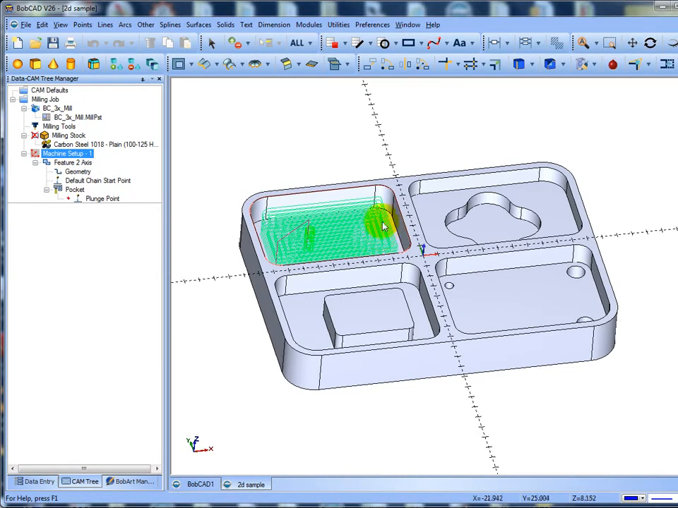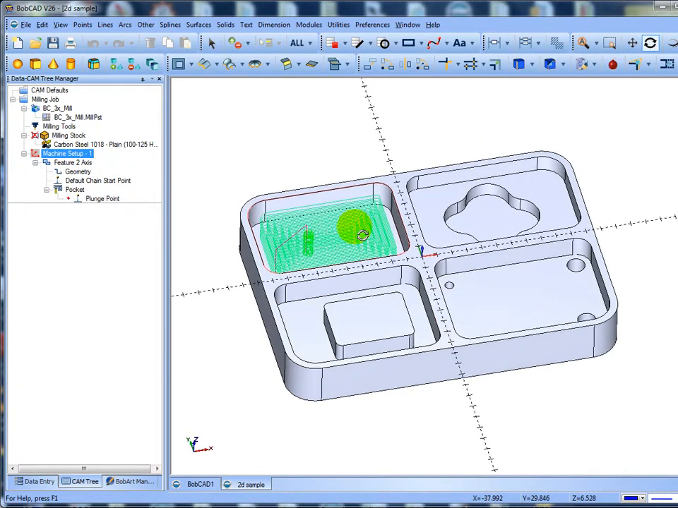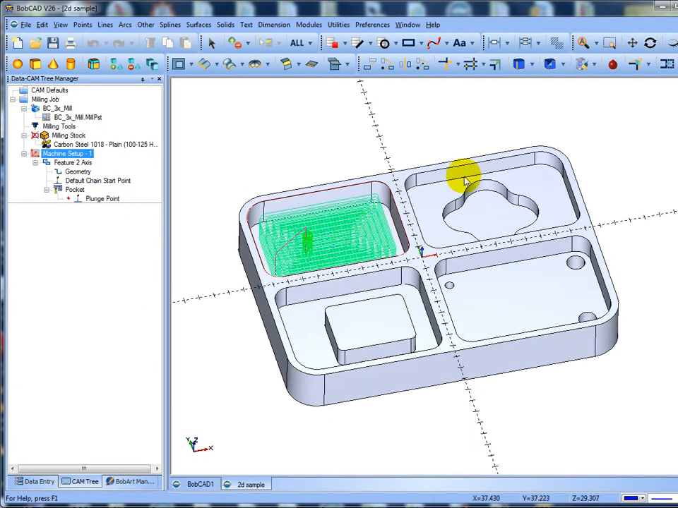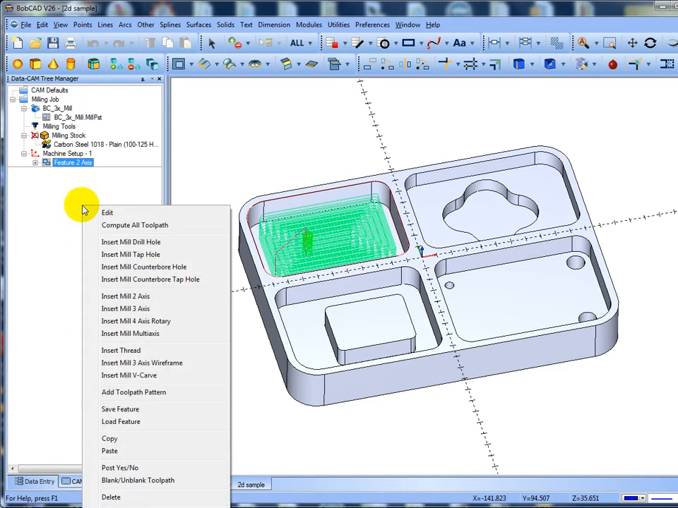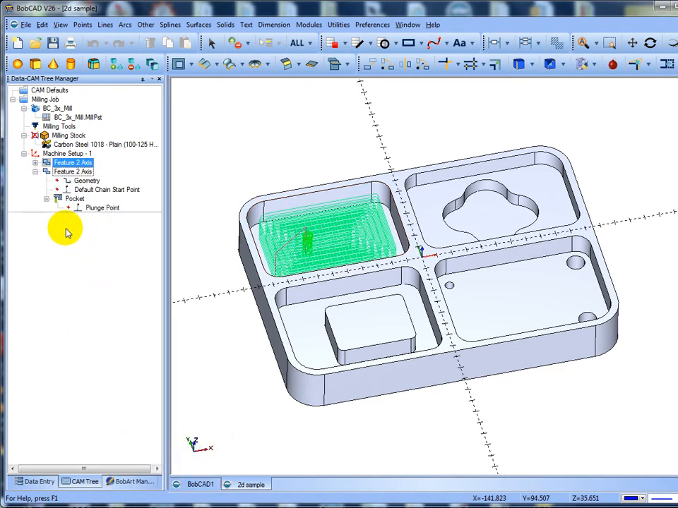Now what I want to do is actually do this again, but in this pocket here. So all I'm doing is just bringing that back, and what I'm going to do is copy the feature and paste the feature. That's another way of doing it, where I can copy a feature and paste the feature in. So what I want to do then is just rerun it again. So I'm going to pick my geometry,